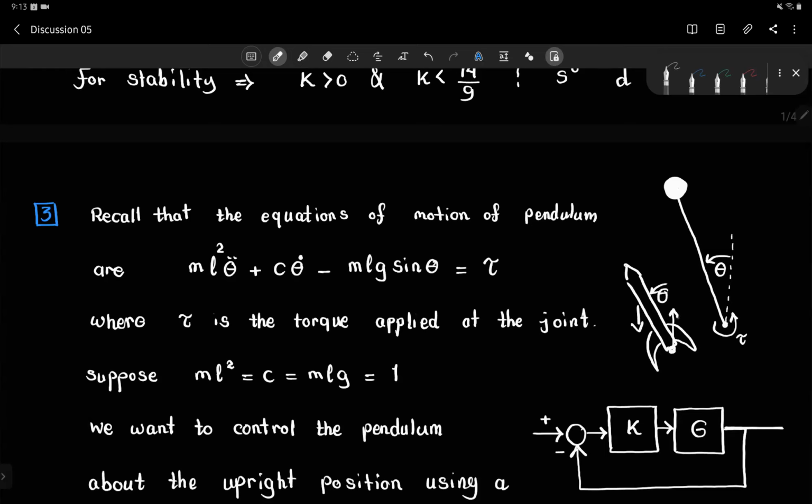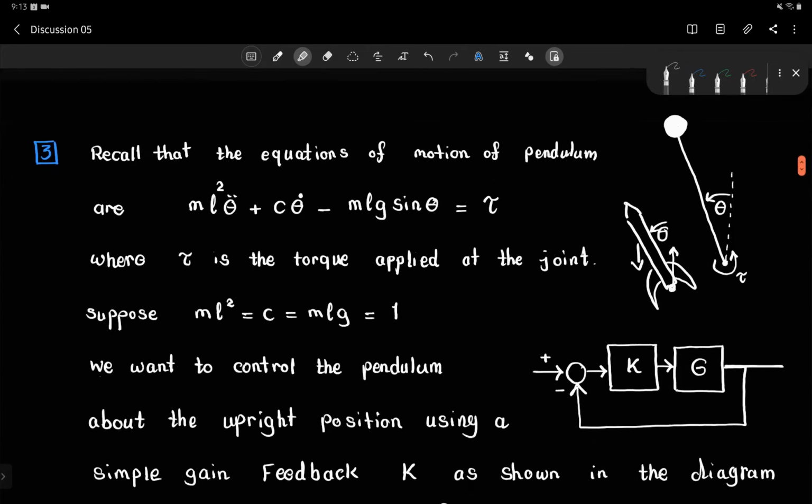So this couple creates a torque that we can think of as the torque that is activated at the hinge of the pendulum. Have you seen the crash that happened recently? I think it was maybe yesterday or something. So this is a